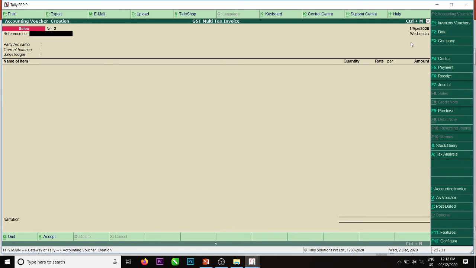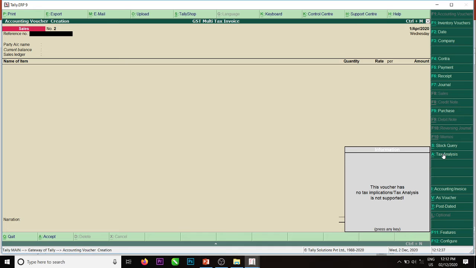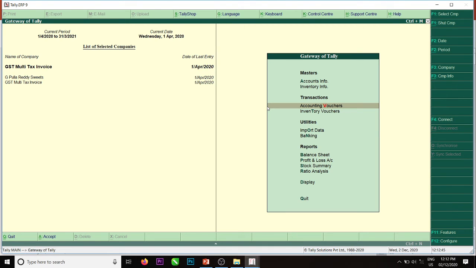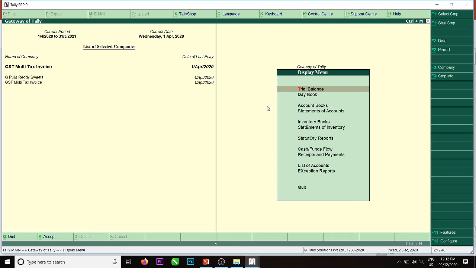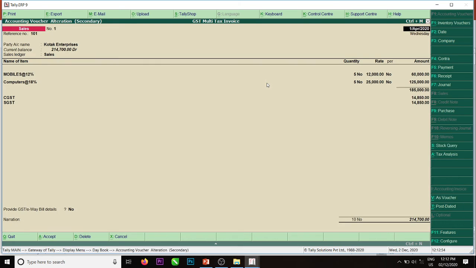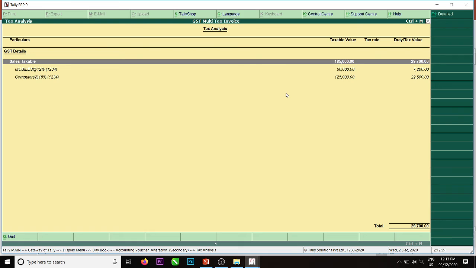Yes. Okay. So look here, tax analysis. Display, daybook. Look here. Alt F1. Right. So in one invoice there are two different taxes.